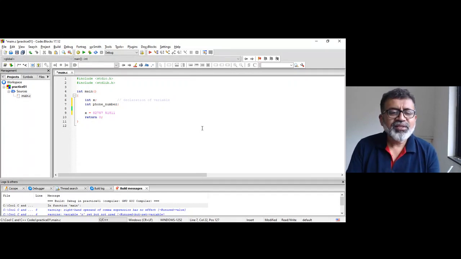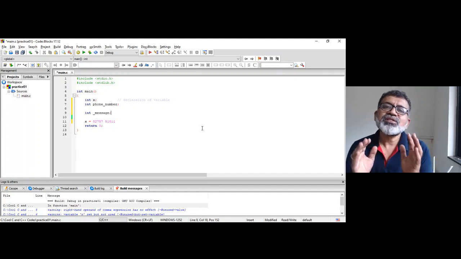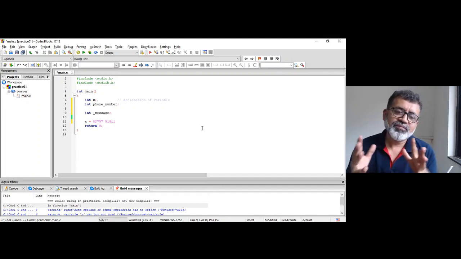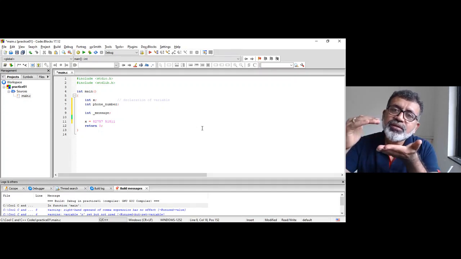There is another way of declaring a variable, with an underscore at the beginning. This is also a valid way of declaring a variable, but we should not use it. Though it is valid, underscore is usually used by the library.